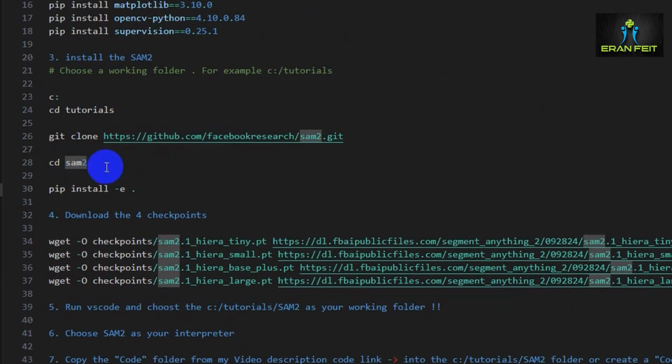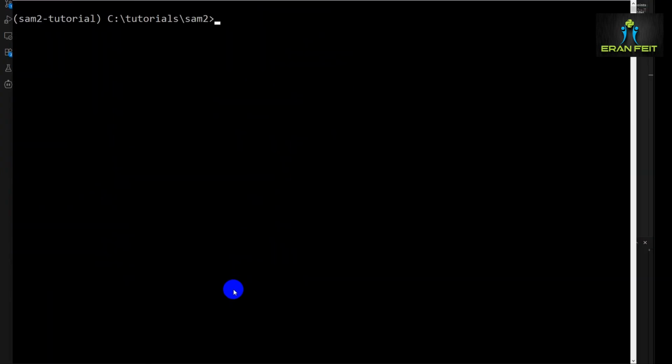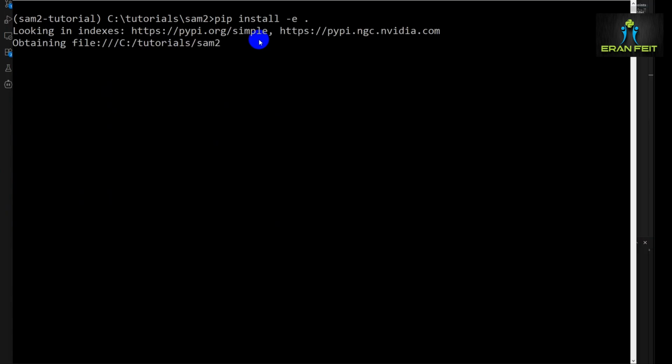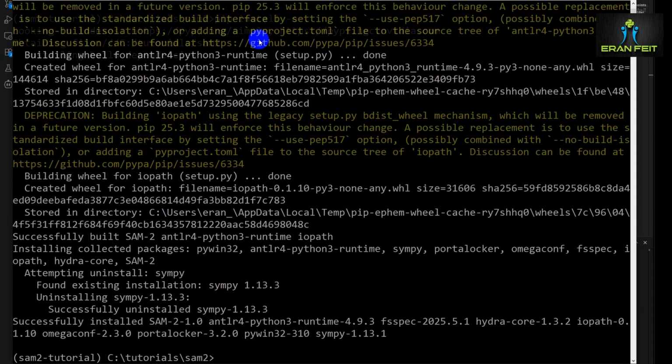Now we have to install the SAM2, so this will be the command pip install -e and add dot. So let's copy the command, clear the console, and run this command pip install -e space and add dot. This process probably will take a few minutes. And once again, I believe that we will stop the recording and jump to the end of this installation. Great, we finished the installation of